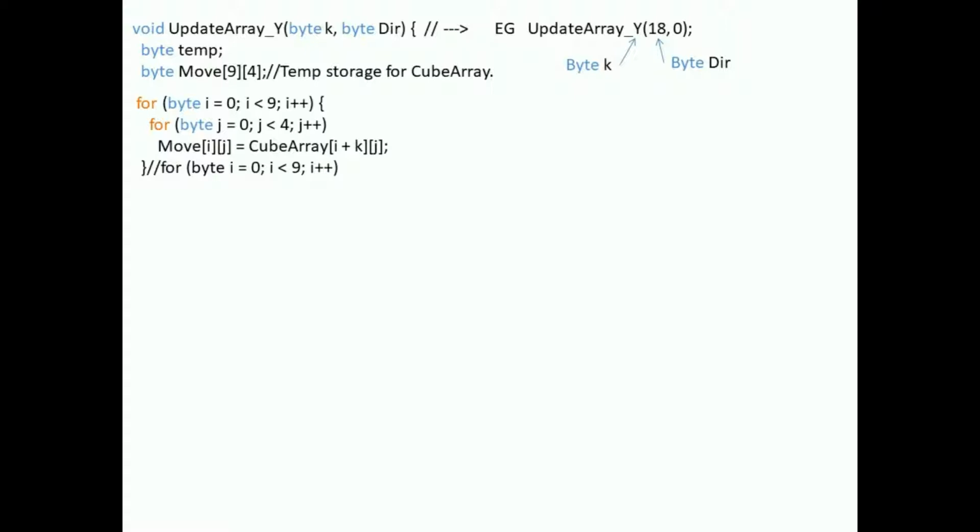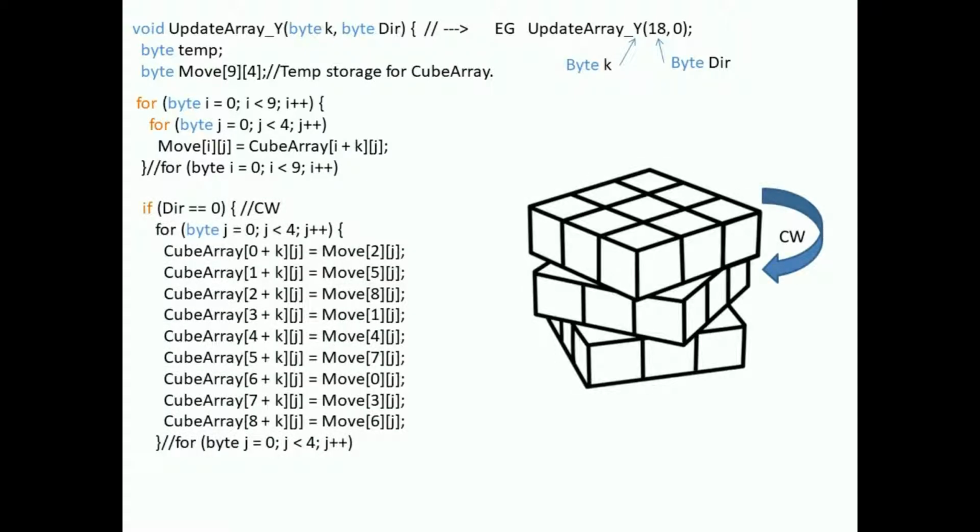Okay, once we've copied them over, we can now work in the clockwise direction. As I said earlier, we can now transfer in a predetermined order the new locations for each of the cubies. Notice that the X, Y and Z, nothing's happened yet. They still remain the same. However, the cubie numbers have moved. So a quick example would be this cubie here is going to be here. This cubie then would have moved on. Okay, of course, if we're doing it in the clockwise direction,